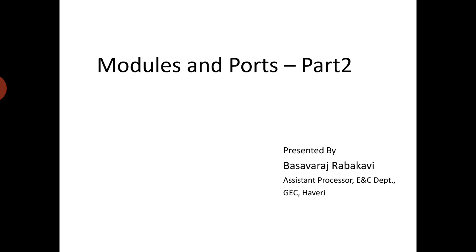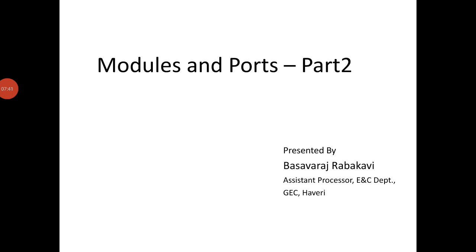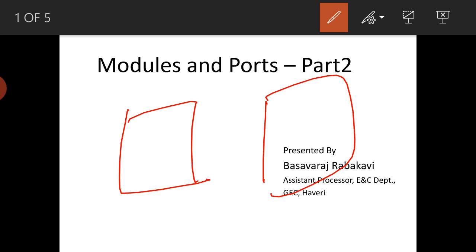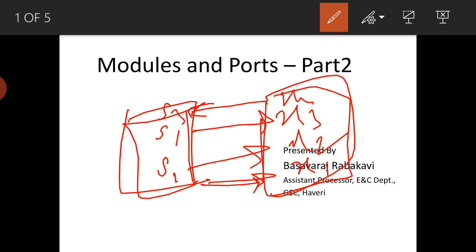So after the net connection rules, we need to see how to connect two different modules. If there are two modules like this, I am connecting the inputs here and the output like this. While connecting, we need to map the signals, because internally we are using S1, S2, S3, but here the names will be different. Here we can use X1, X2, X3 and X4. The names here can be different from the names here.